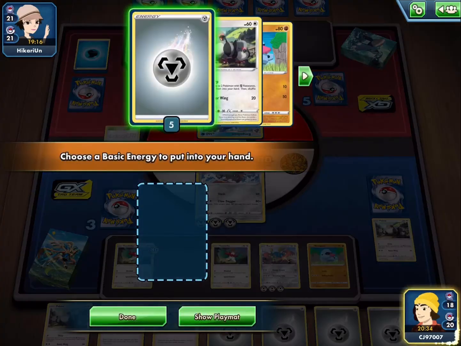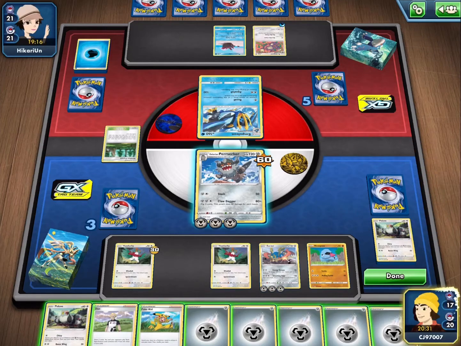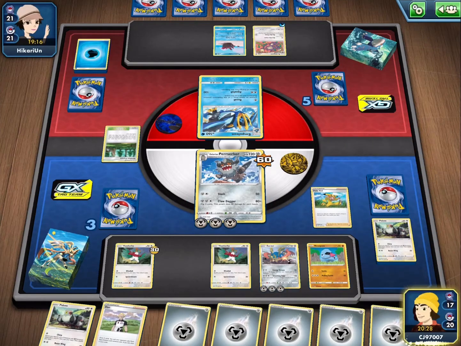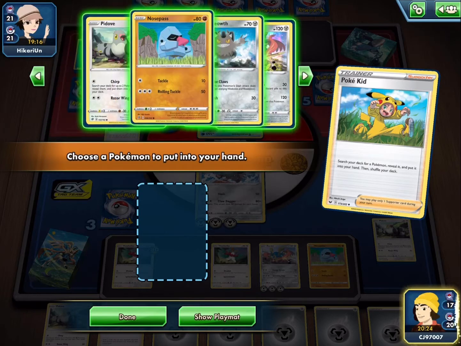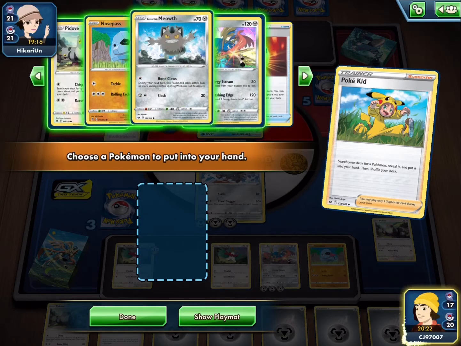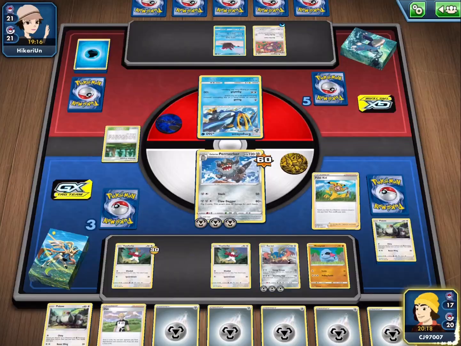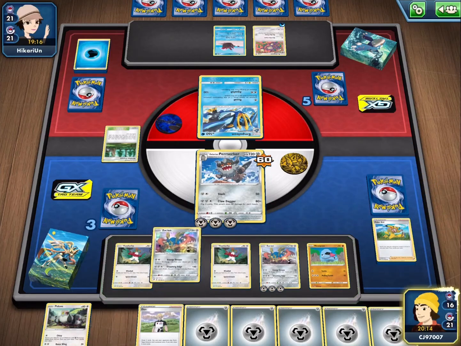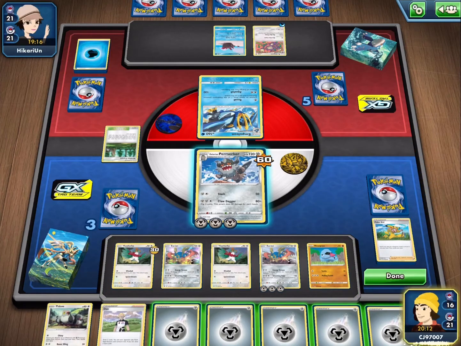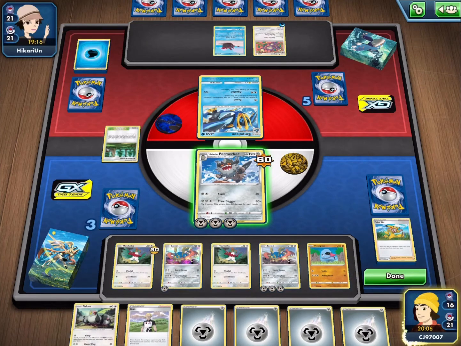I'm going to be thinning the deck of our Metal Energy, so we get the best possible draws, and I will also actually use the Pokekid, so we can see what Pokemon we have left in the deck. Unfortunately, we don't have any Probopass left, but we do have a second Zacian at the very least we can start attaching to. Bit of a shame that we don't have any Probopass left, as that would have been a reasonable attacker,